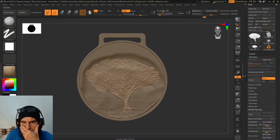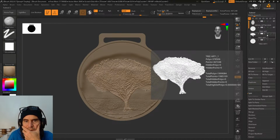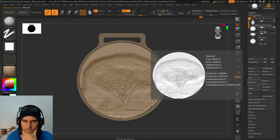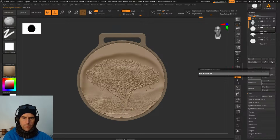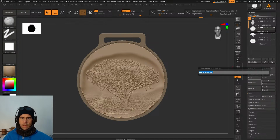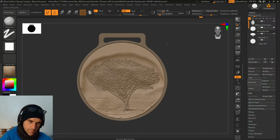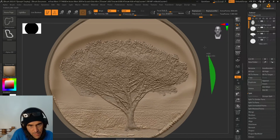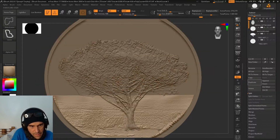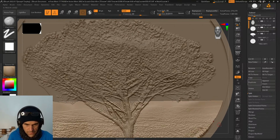Alright, so this background here, say this is the tree, make this the background, rename, and turn the tree back on, background inner, almost there. Okay, so tree is on. In the background, you can kind of see the silhouette of the mountains out here. So I'm going to do the same thing. I'm just going to delete everything that's not mountains. I'm going to go in there and refine it a little bit, but